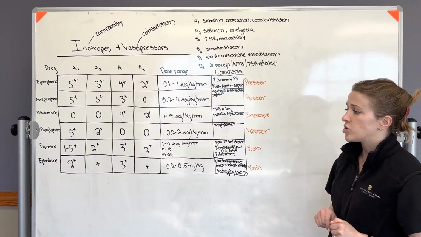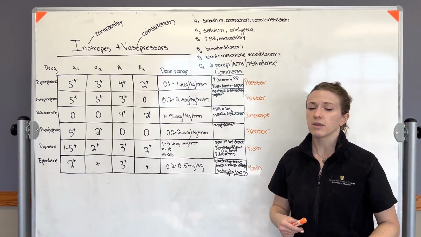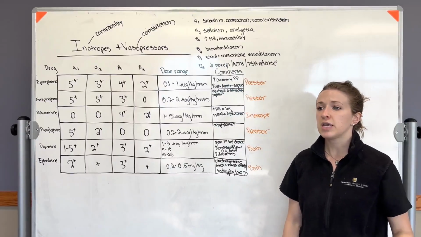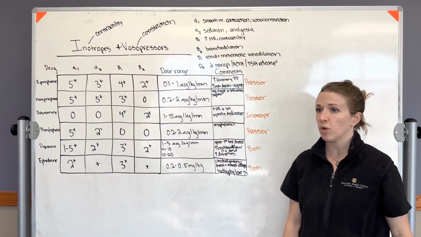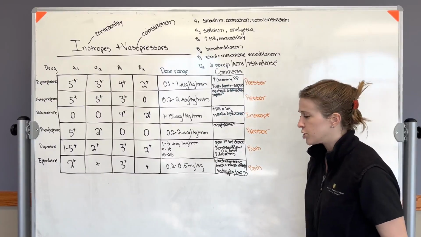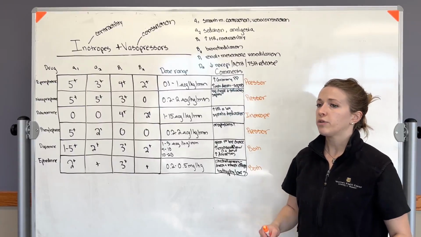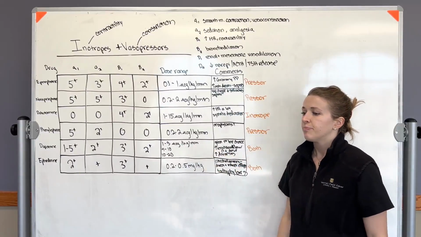So the nice thing about using dopamine is that it increases blood flow to both the kidneys and the gut circulation, which is great because if you have an animal with a kidney problem or a gut problem, the dopamine is going to directly increase blood flow to those areas by acting at the D1 and D2 receptors. So at low doses, I'm talking like 1 to 3, 1 to 5 mics per kilo per minute, you're going